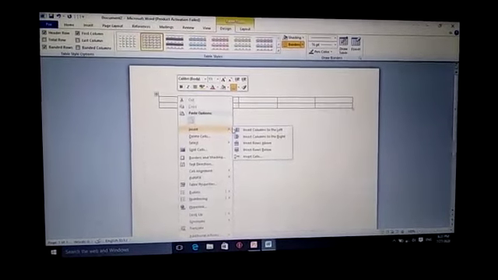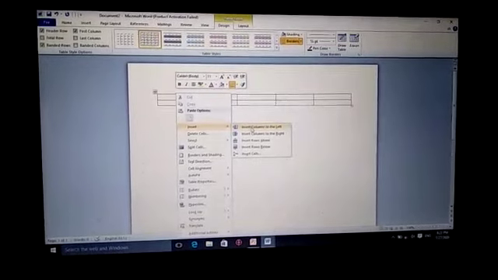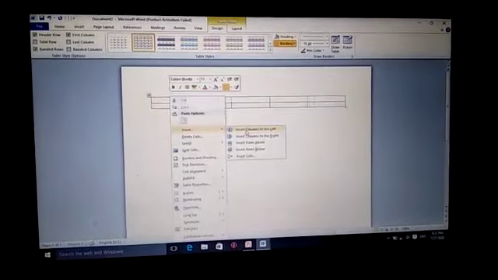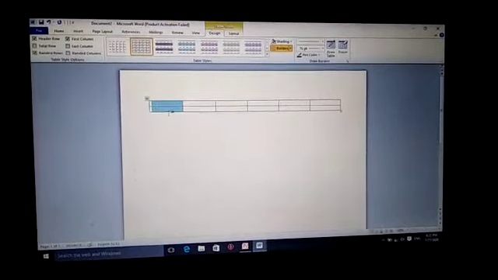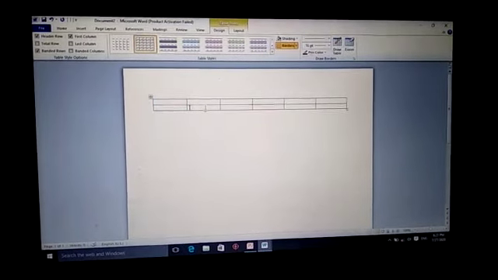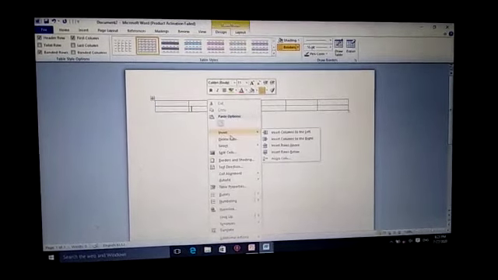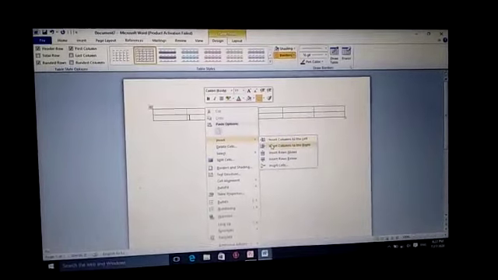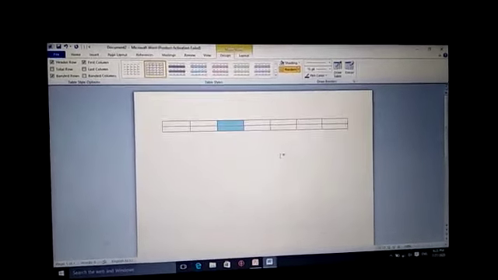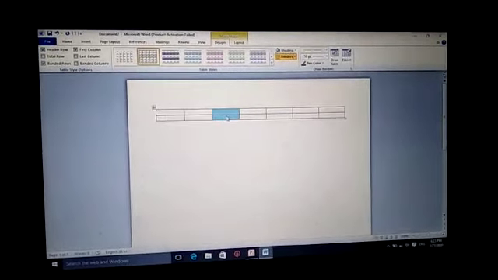So first, if I want a column, I will choose insert column to the left. Just see, another column is inserted. So suppose I choose insert column to the right. You just see another column is added to the right.